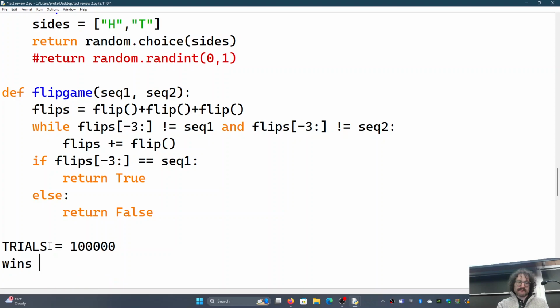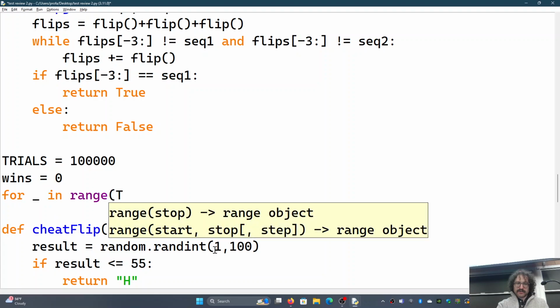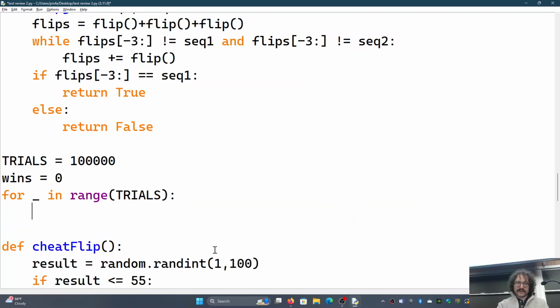In this one, we're doing wins and losses, and the one on your exam is going to be counting wins and losses as well. So to keep it simple, wins is equal to 0. Then for each trial in range trials, we're going to do this many, and we're going to say if